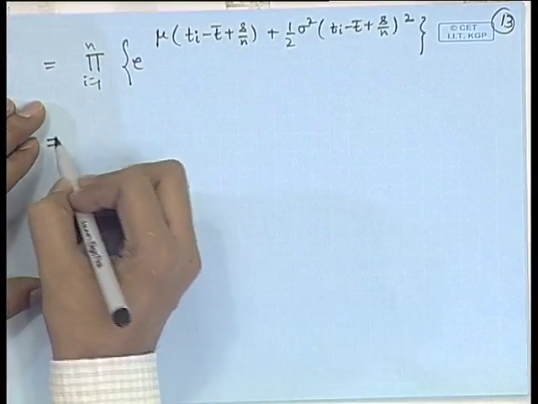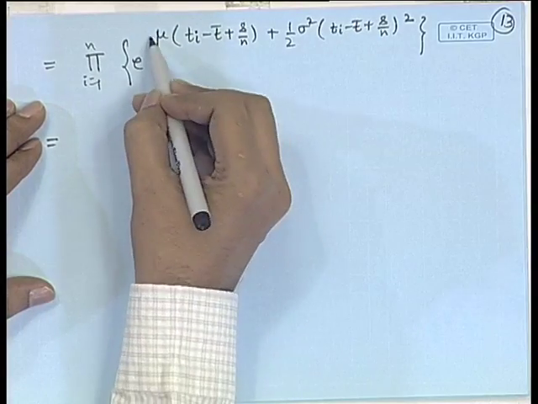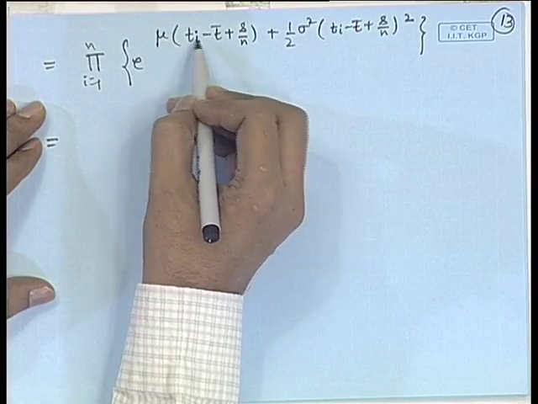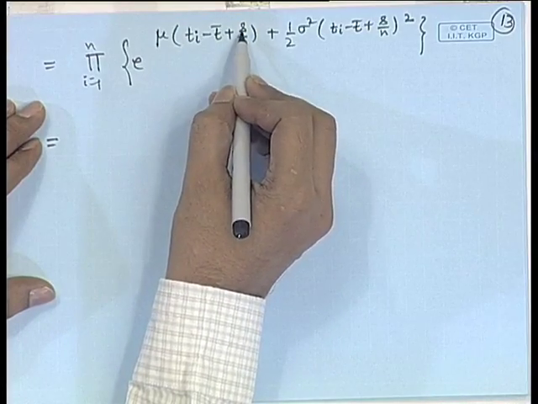Now, if we apply this product here, e to the power sigma mu t_i minus t bar becomes 0. On the second term, we will get e to the power